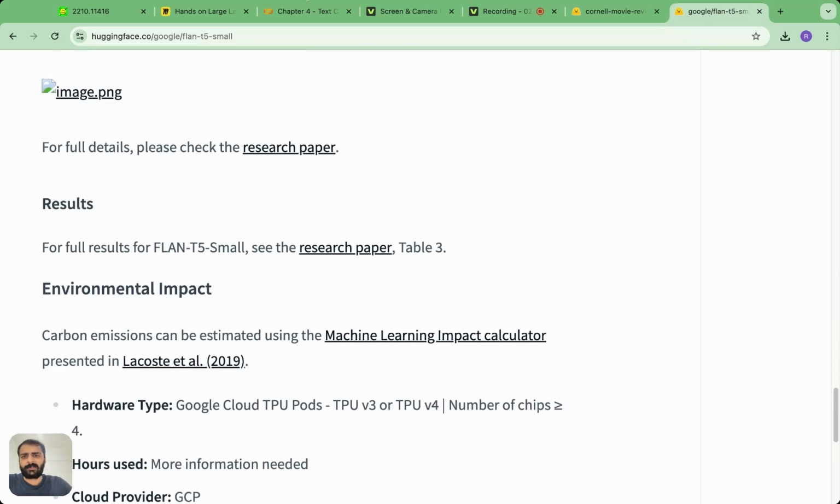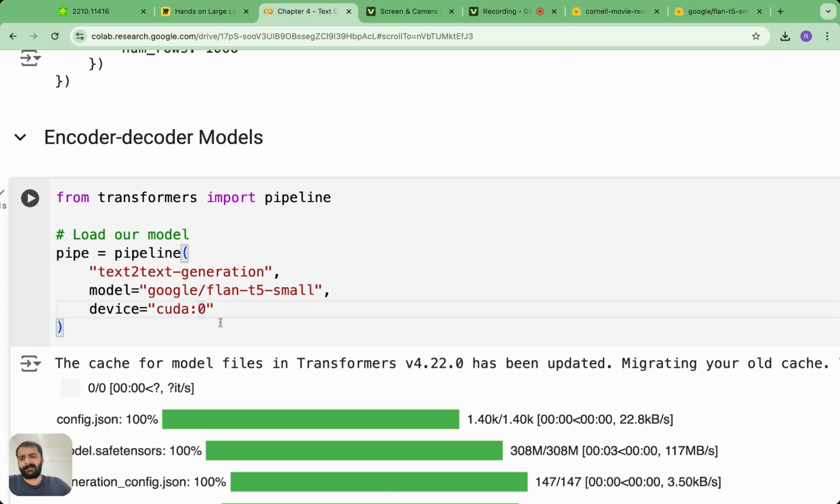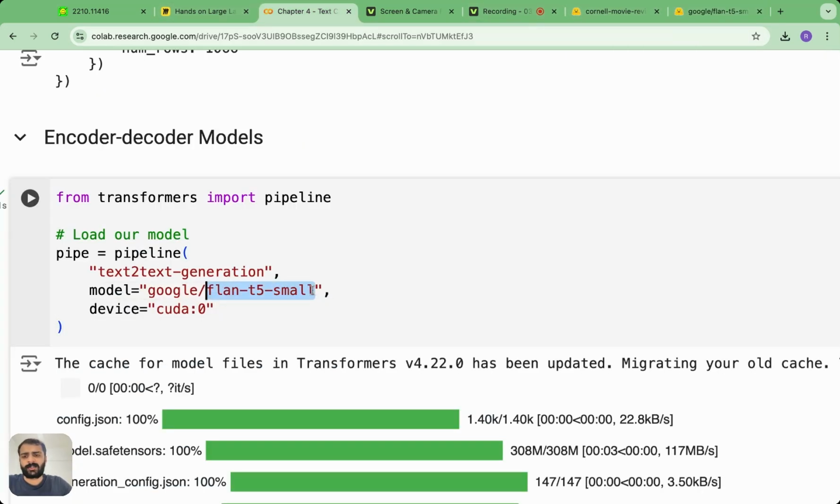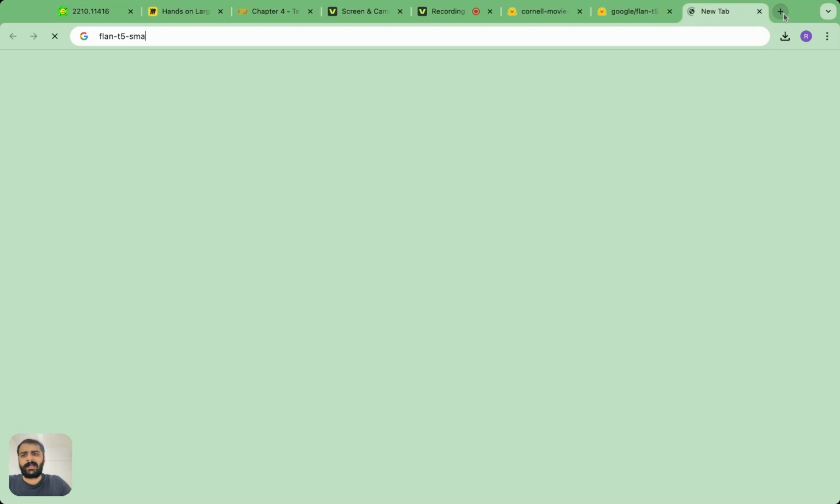All right, so let's go ahead and construct this pipeline. I'm going to use text-to-text generation, Google Flan T5 small. The reason I'm using small here is that there are actually medium and large Flan T5 models also. So let me show you those models. If you search Flan T5